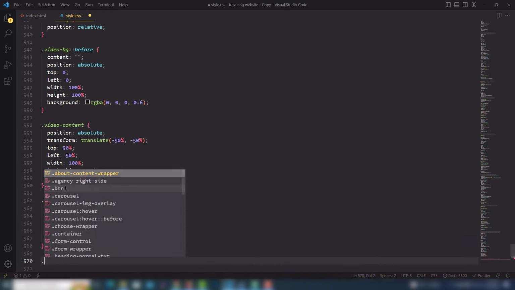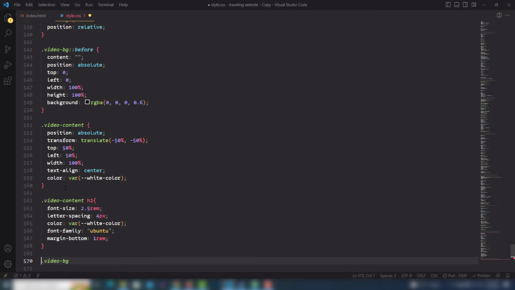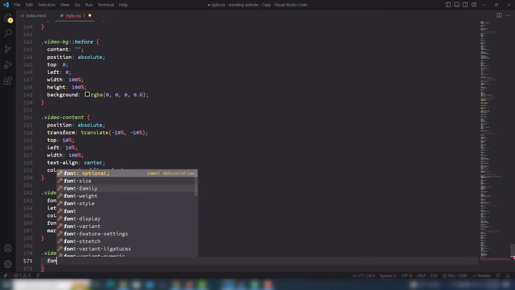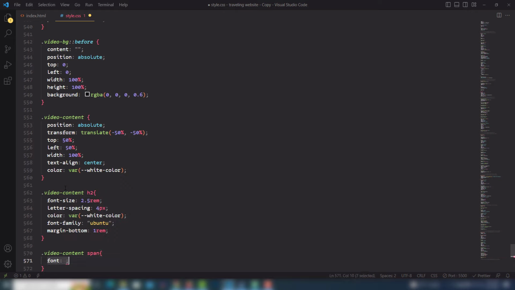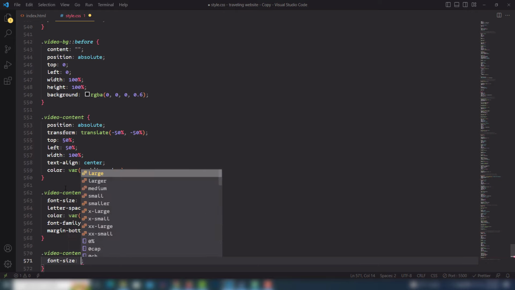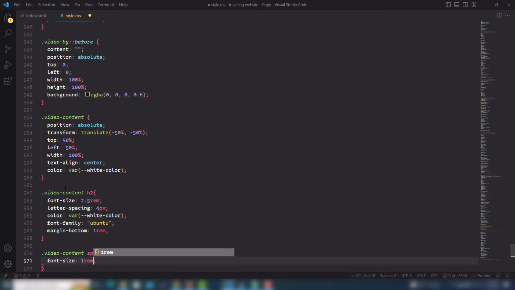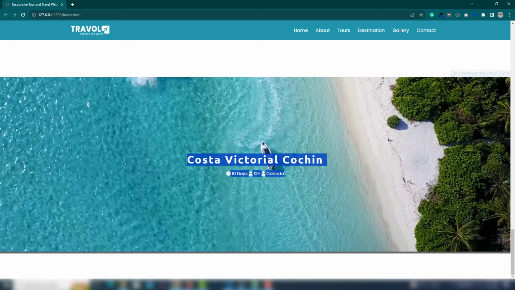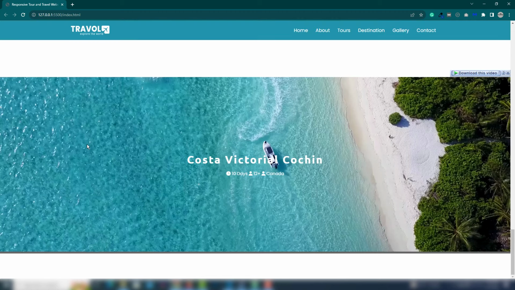Then also I need to select the video content, and I'm going to select the span tag. In the span tag I need to increase the font size of the icons, so 1.1 rem is best, I think. So right, cool, just a minute, I'm going to refresh my page. Right,